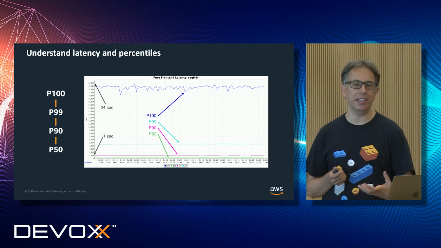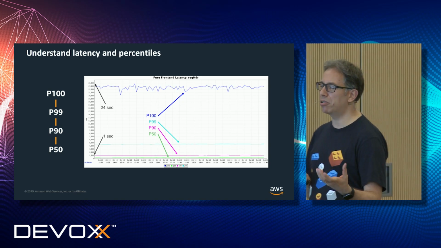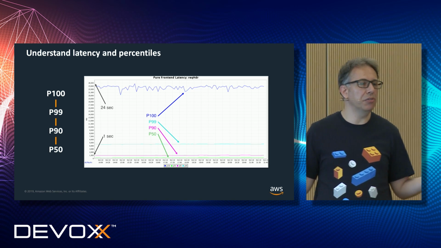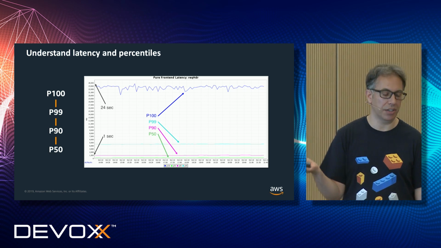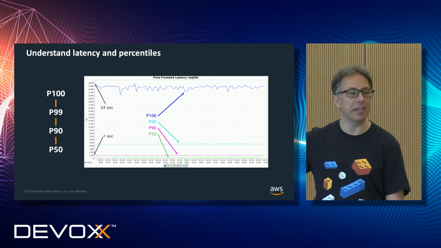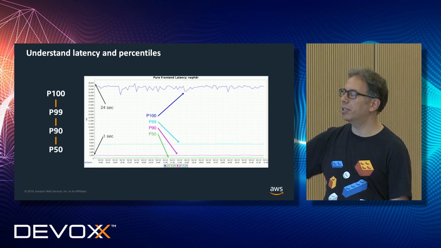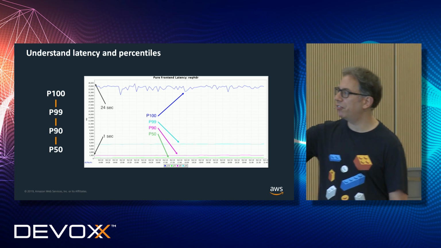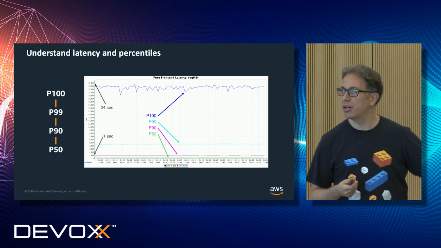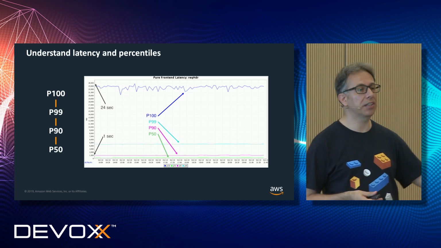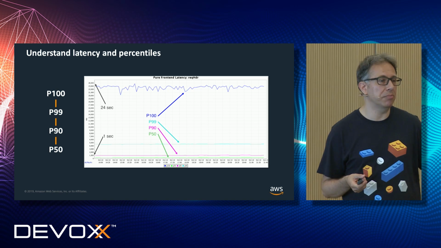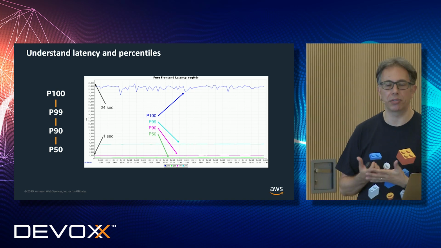And also, don't think of latency as something that you can just look at and maybe take an average. Average is really bad for latency because it's not telling you what your customer experienced. There is no average user. So the best way, and what we use in Amazon and in AWS, is to think of percentiles and P numbers. A P number tells you the number of observations below that value. So P50 means that 50% of the latencies that I am observing are below this value. P99, 99% of the observations of the latency are below this value. P100 is, of course, the maximum, because 100% of the observations are below this value.